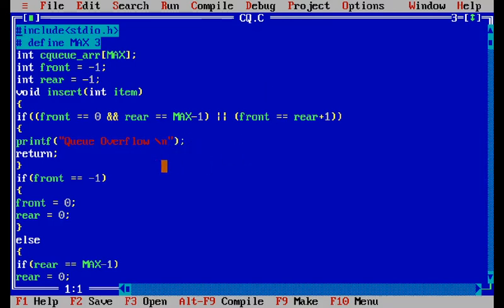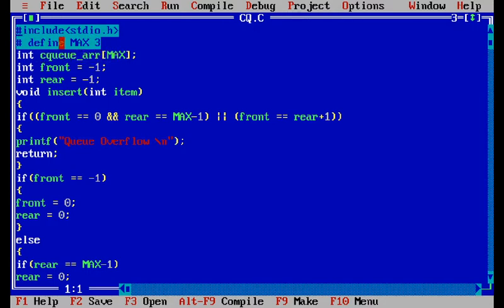In this program we go through the algorithm that was discussed in the previous lecture. In the circular queue there are two main functions: insert function and delete function. The insert function is also known as the enqueue function, and the delete function is also known as the dequeue function. The basic requirement is that we include the standard input output file, then we define the constant variable that is passed to the size of the array.